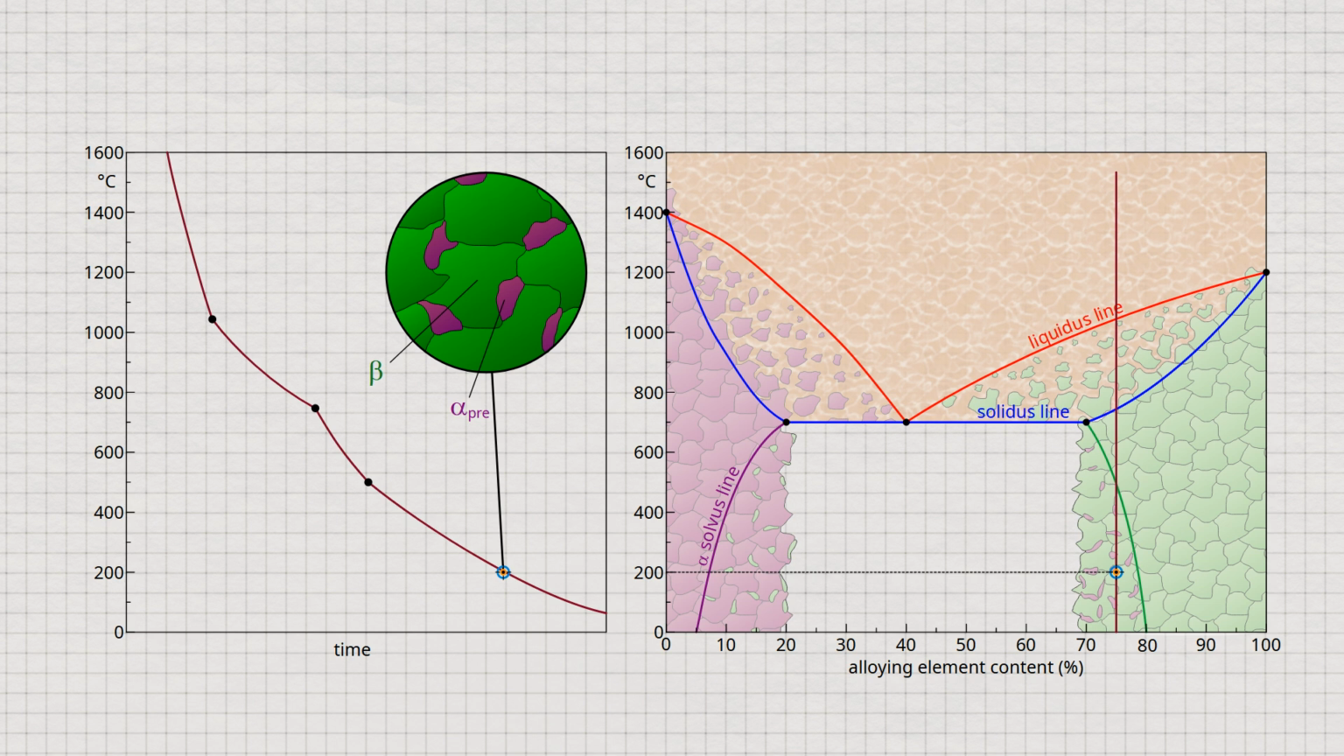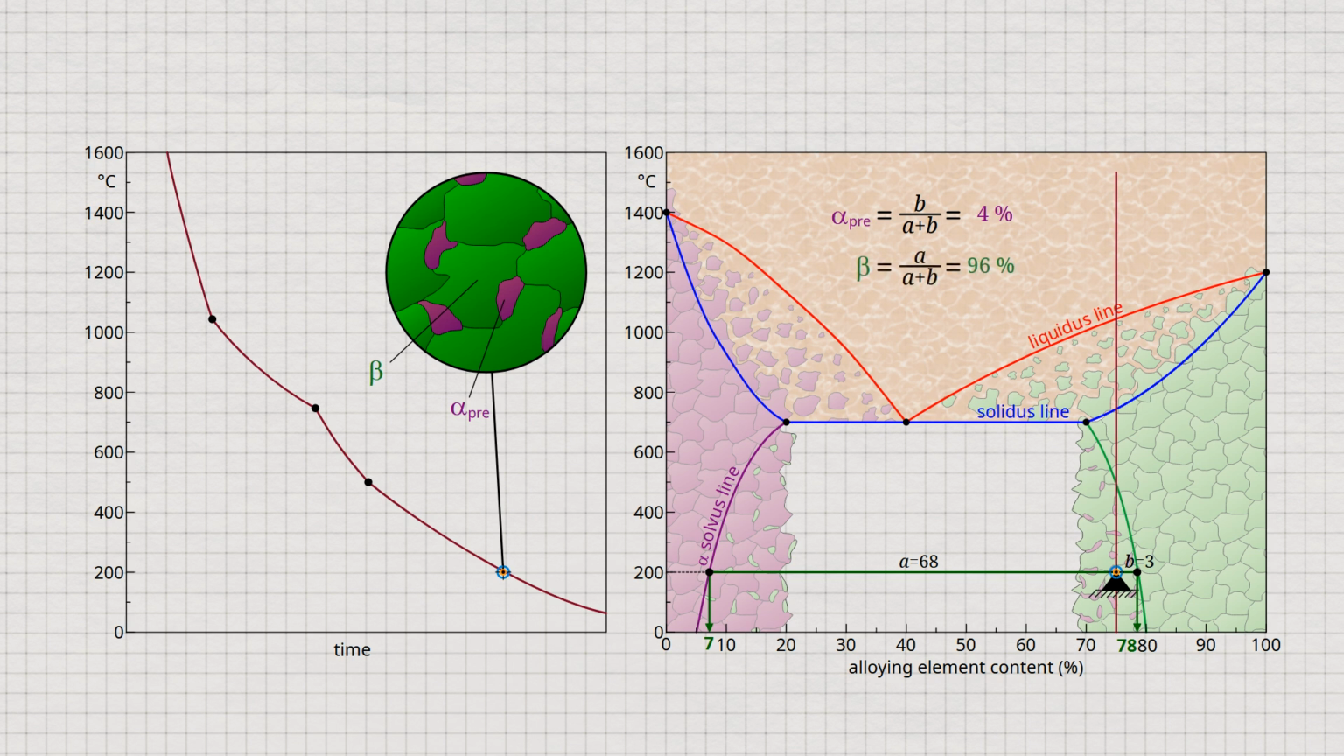The chemical composition of the alpha solid solution can be determined at the intersection with the corresponding solvus line. At 200 degrees Celsius, the alpha solid solution contains 7% of the alloying element, whereas the beta solid solution contains 78% of the alloying element. The lever rule can also be used to determine the proportion of alpha and beta solid solutions. At 200 degrees Celsius, the proportion of precipitated alpha solid solutions is about 4% of the total microstructure, leaving 96%